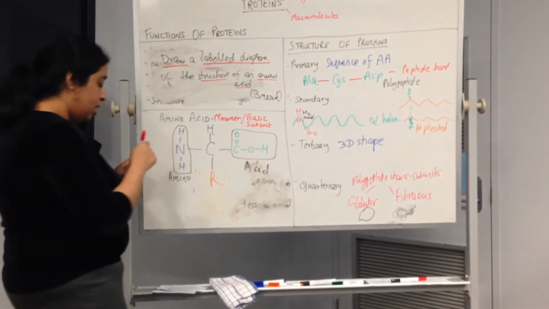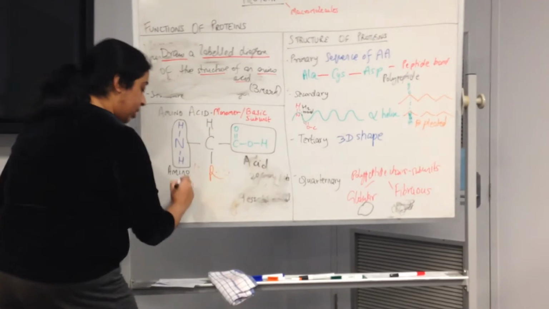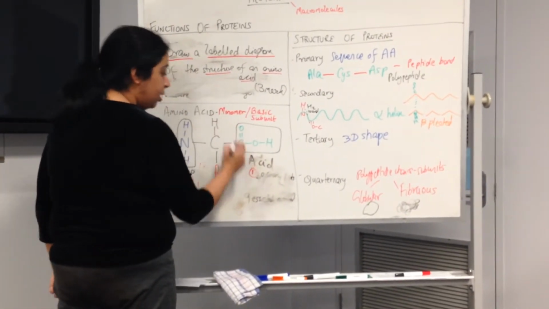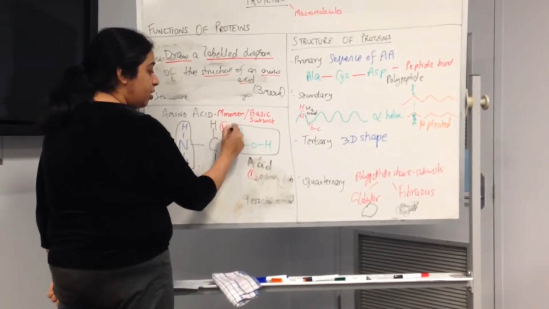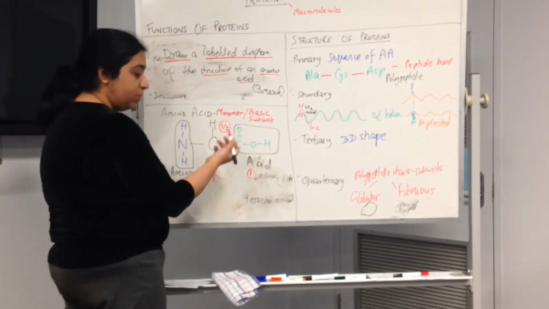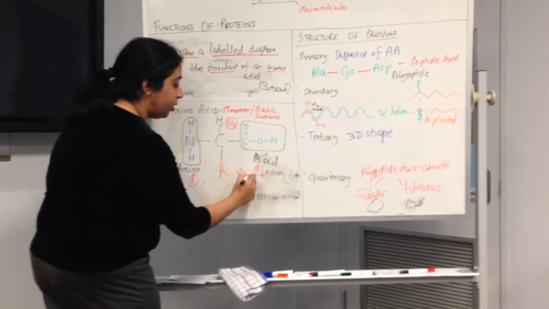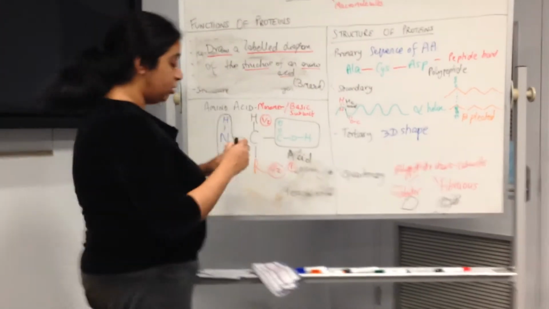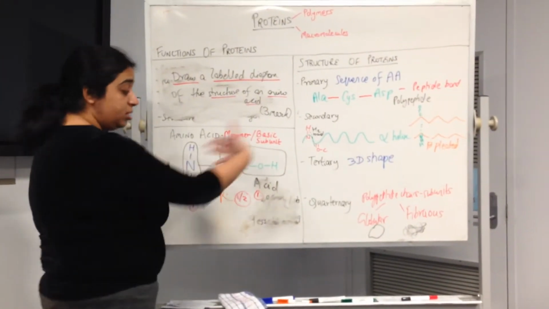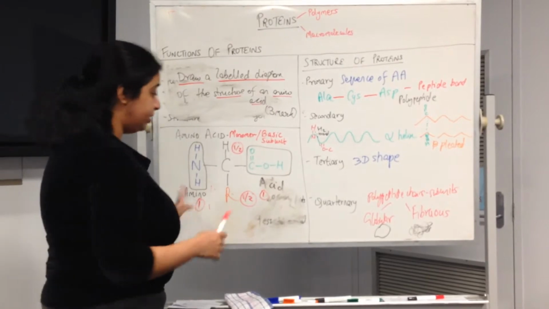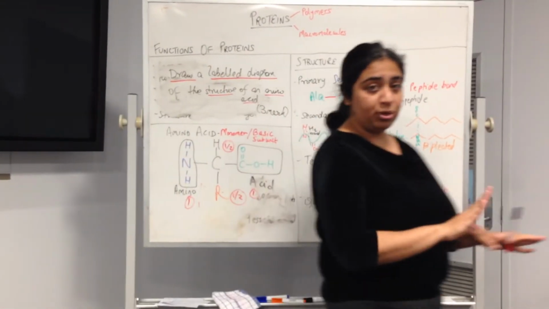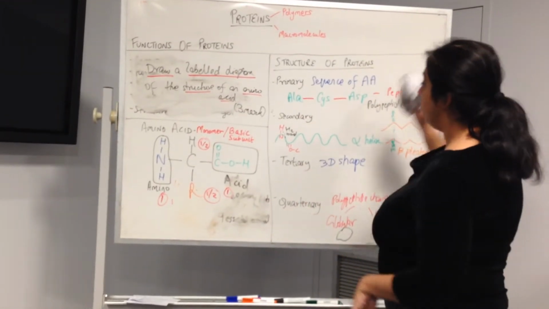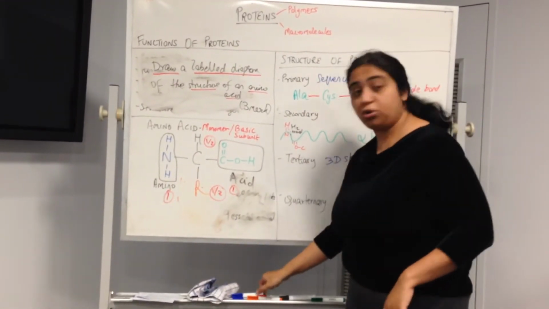So, you show your amino bit and label it correctly, you get 1 mark. You show your acid bit and you label that correctly, you get 1 mark. You get half a mark for drawing your hydrogen atom correctly, and half a mark for showing your R group. And this can be the other way around as well. It doesn't matter as long as it's there and you're showing it. By doing this, you get 3 marks, nice and easy, very simple. You don't have to give any descriptions, you don't have to say anything else. So these are 3 very simple, straightforward ways of getting 3 marks for a typical short answer